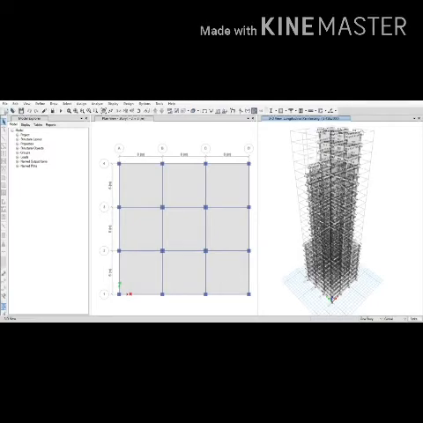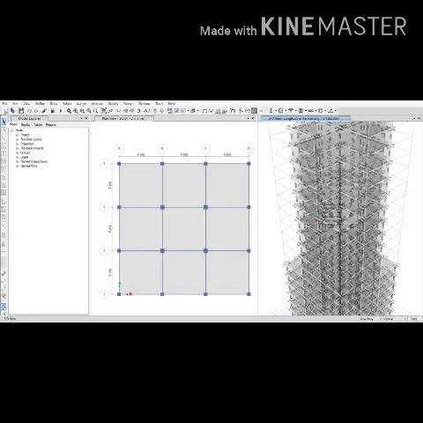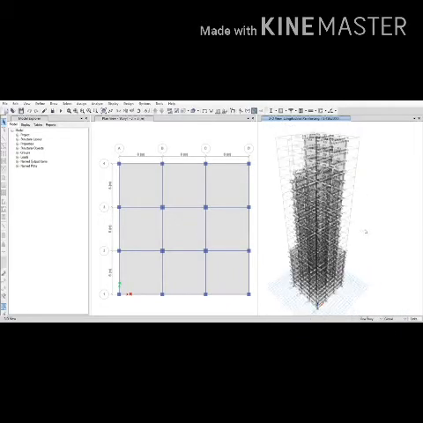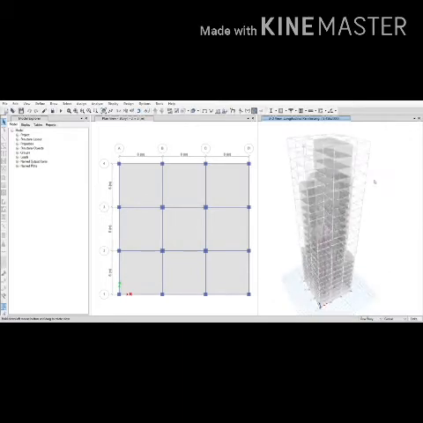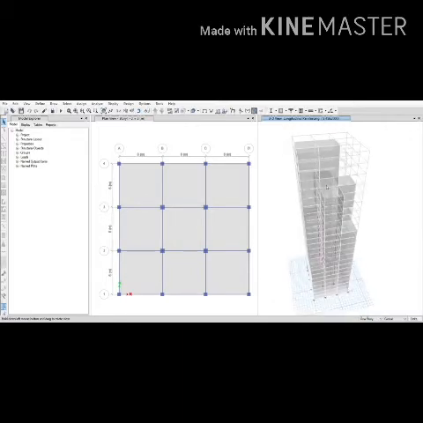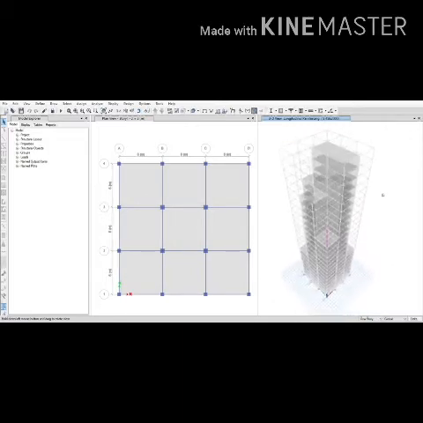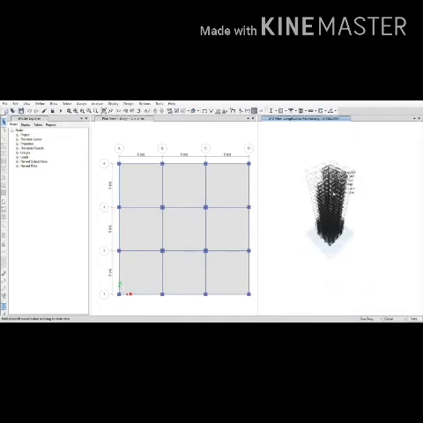You are seeing a tall building of 23 stories, and I am making this as a part of a design assessment review for the final stage in the tall building section for Skyfi Labs. Okay, here you can see